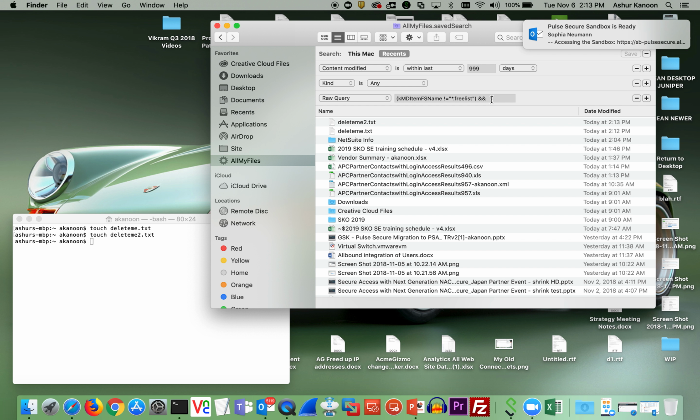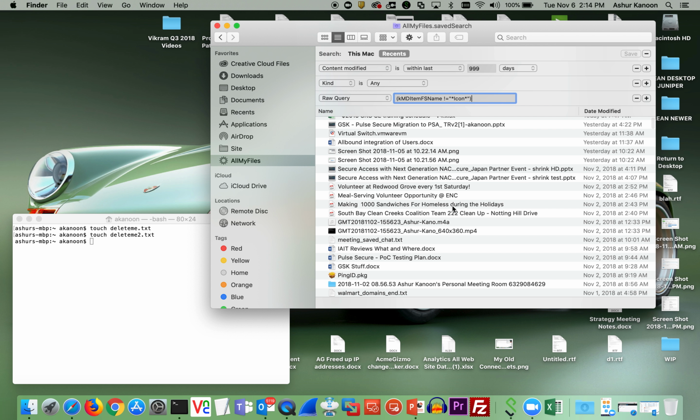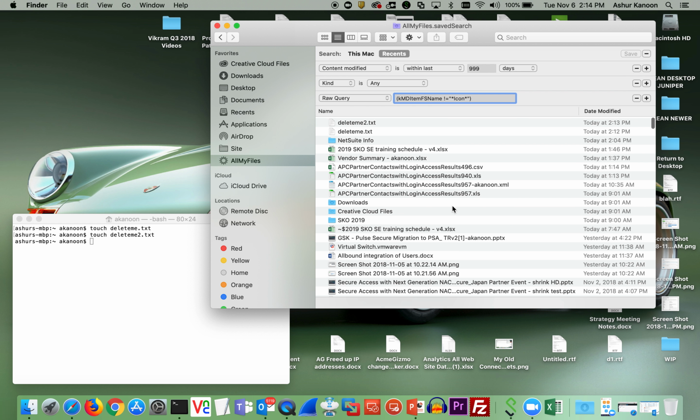So instead of having everything show up, I just started adding these. So this item file name, I just started getting rid of stuff. So anything like free list, plist, message, photo libraries, icon, just whatever I saw pop up here that I didn't really want to show up here. I went ahead and just started adding that to the list. And now